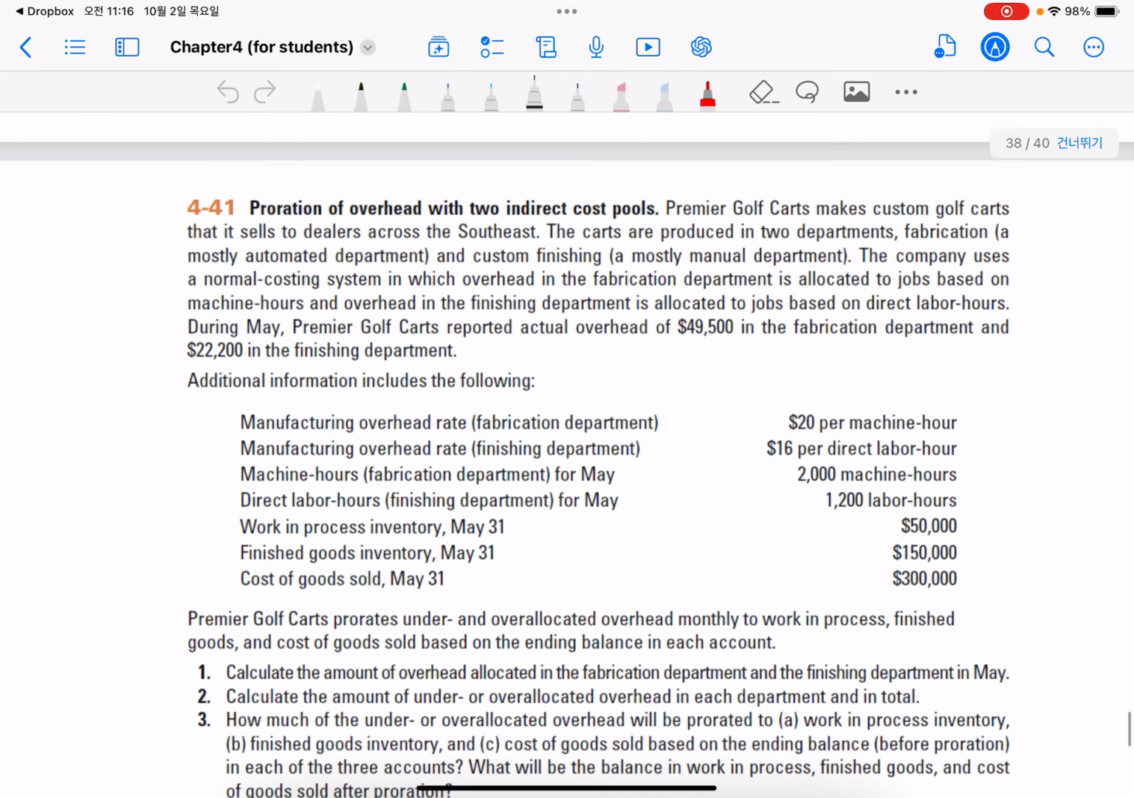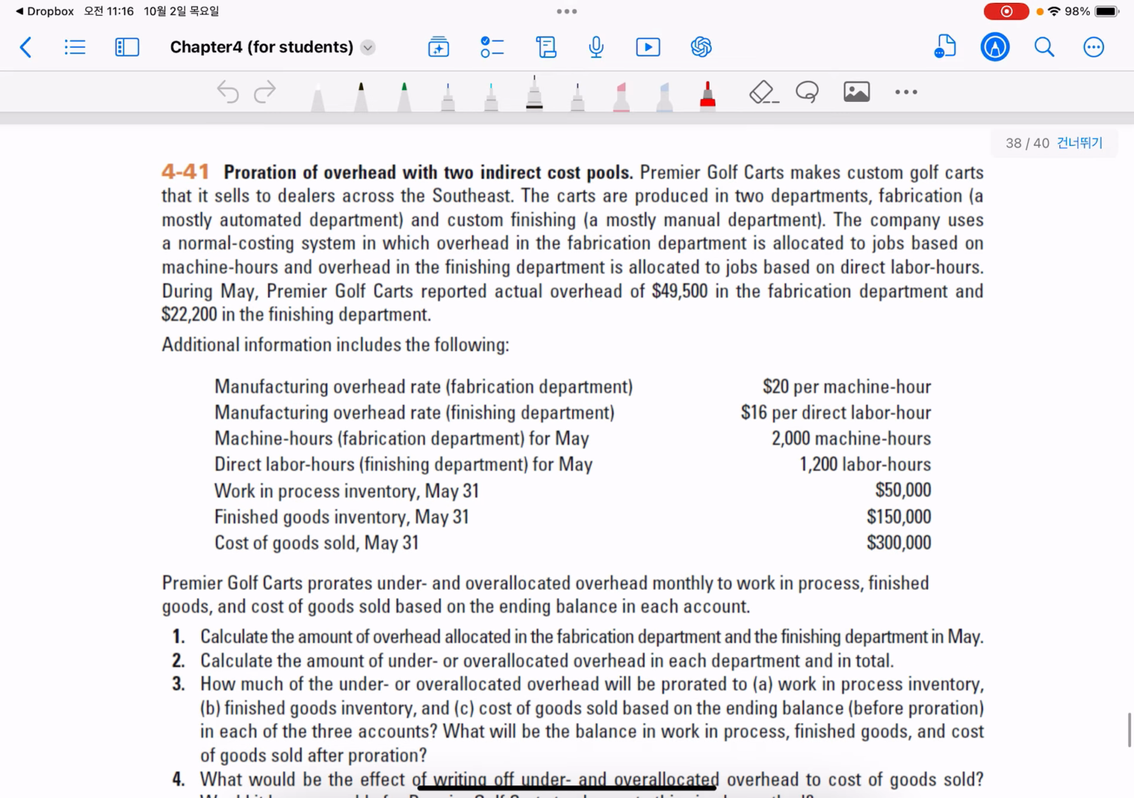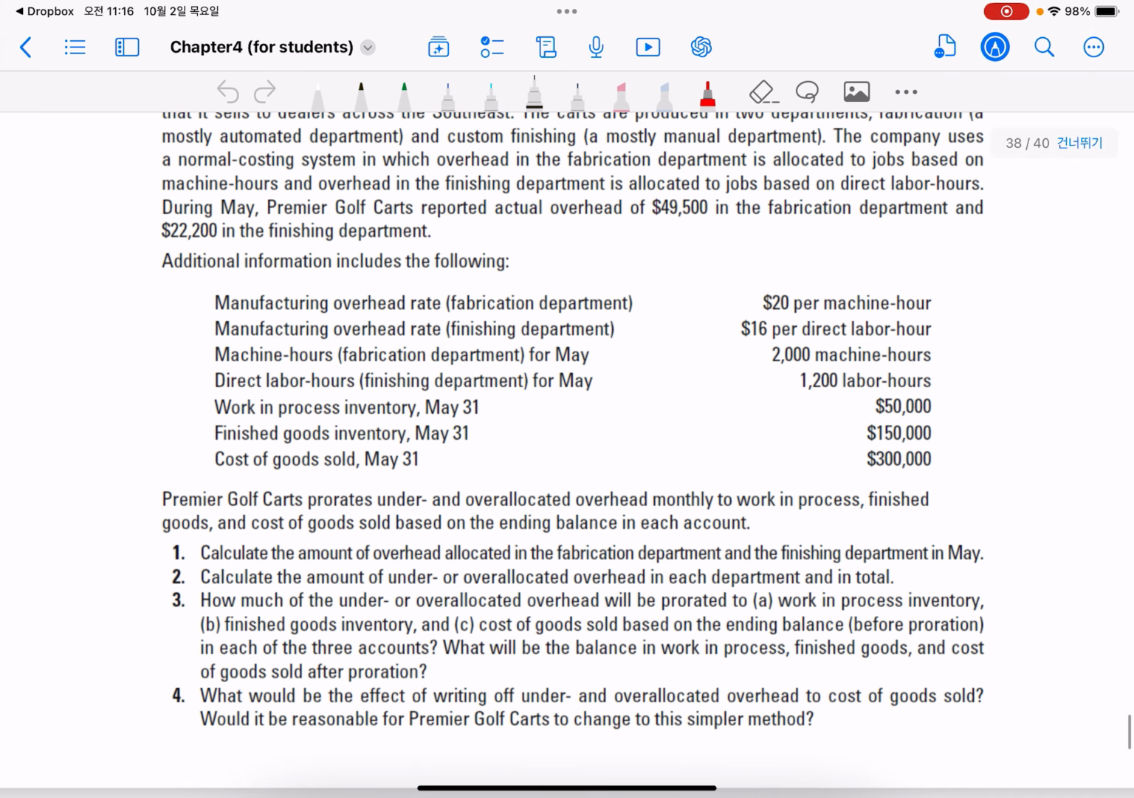Okay, now we are going to move on to the second question. Make sure to get your hands dirty and have what you need with you, beside you, before heading on to this question. Okay, so the first question is about calculating the amount of overhead allocated in the fabrication department and the